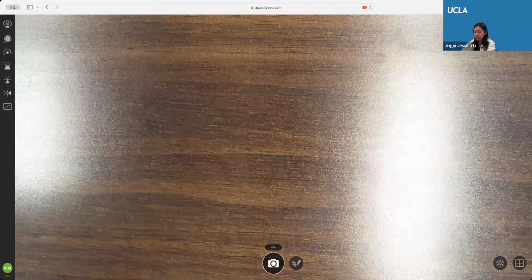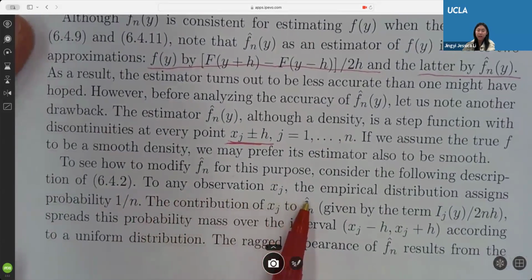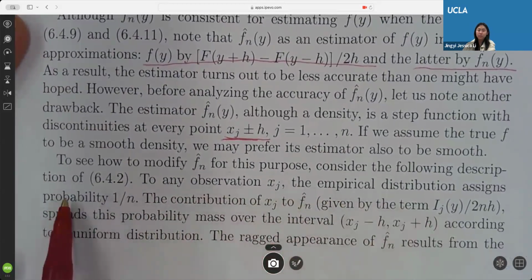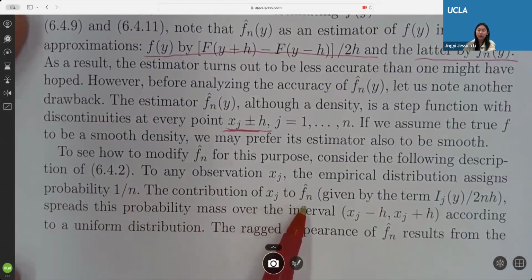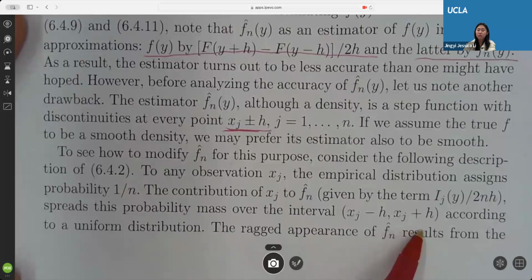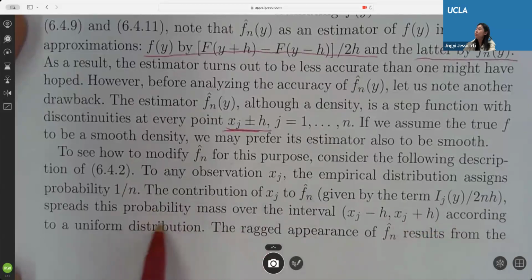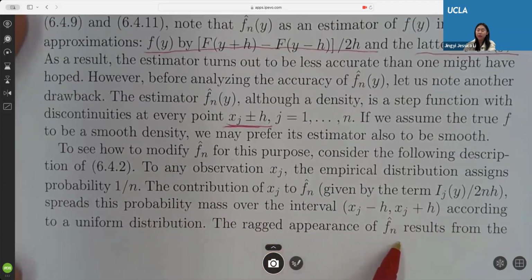But we think it's not smooth. So to any observation xj, the empirical distribution assigns a probability 1 over n. The contribution of xj to fn hat spreads its probability mass over this interval according to a uniform distribution. The ragged appearance of fn hat results from